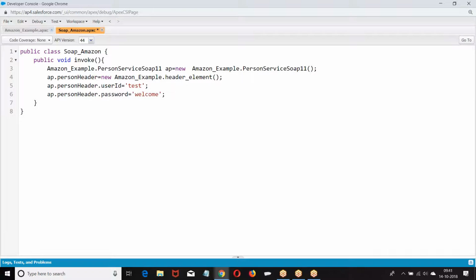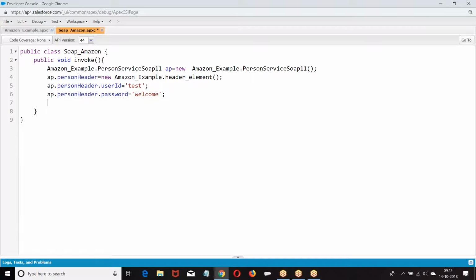Then person header equal to new Amazon example dot header element. Then person header dot user ID, person header dot password. Now what is that AP? Outer class dot inner class. In the inner class we have a variable called person header. So AP dot person header dot user ID, AP dot person header dot password.